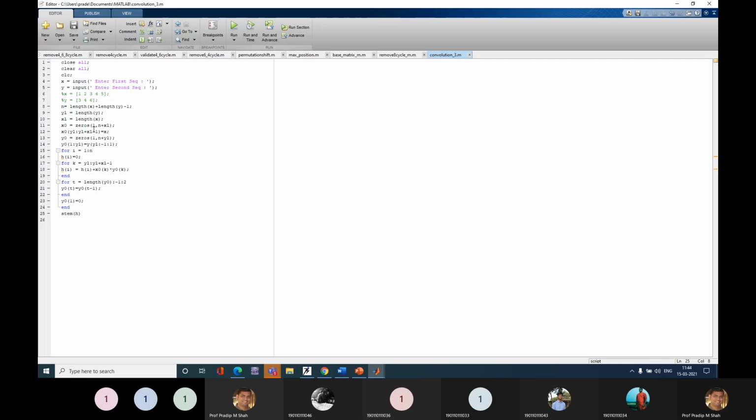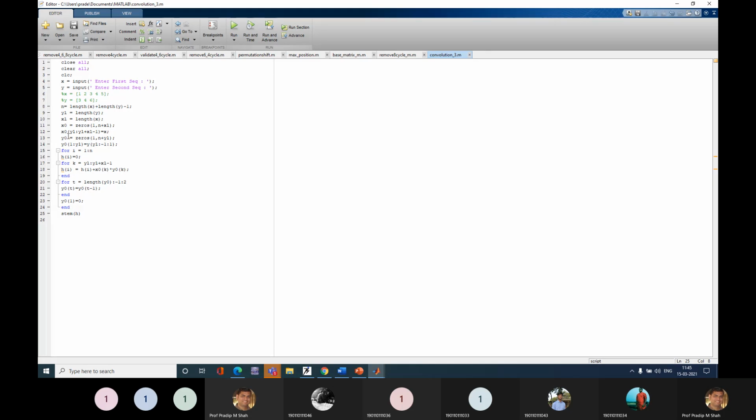The meaning of that is a row vector, having a single row, that is the 1, and the second is n plus x1. N plus x1 means n, the total length, plus x1, the length of your input sequence. So n plus x1 is the length of the zeros vector. Now the next step is very interesting, and you need to understand this.